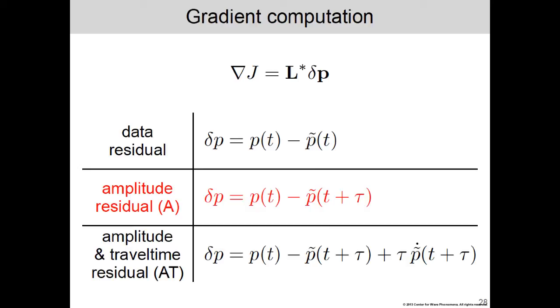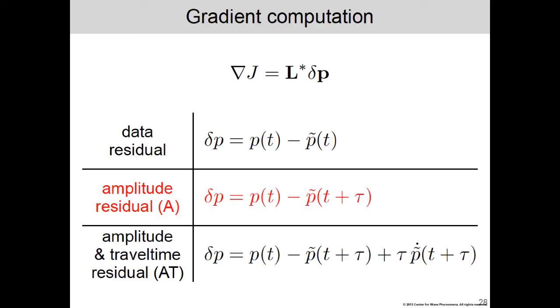So to address this problem, we can use a different residual in computing the gradient. So the previous examples used the data residual. And the issue with the data residual is that it contains both amplitude and travel time errors. So what I mean by that is if you were to shift the data by some travel time shift, or if you were to scale the data by some amplitude scale,